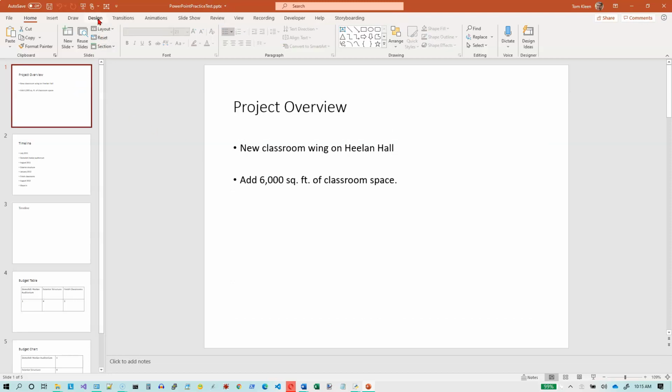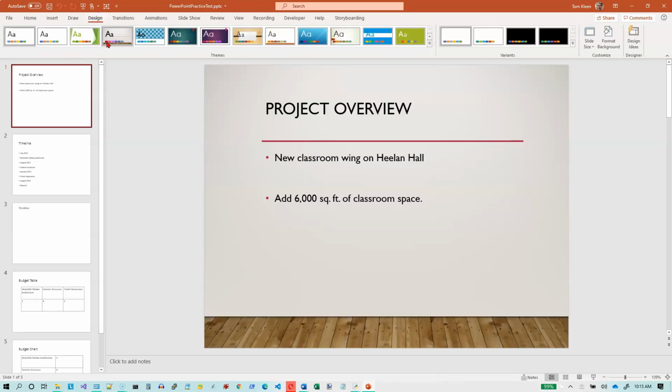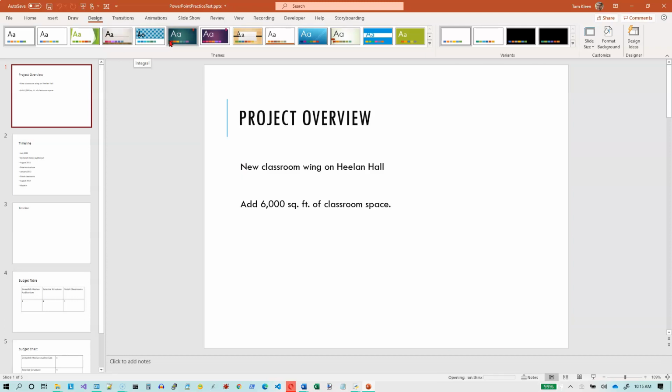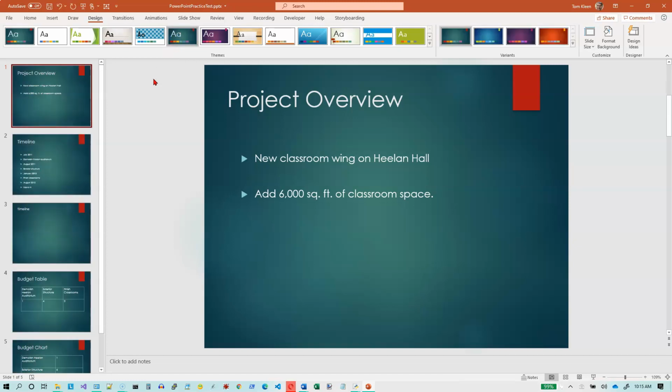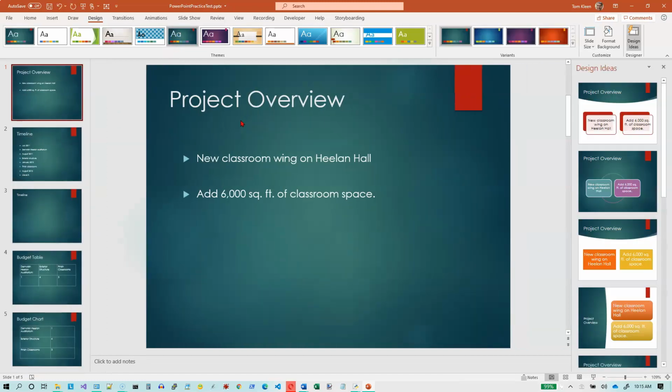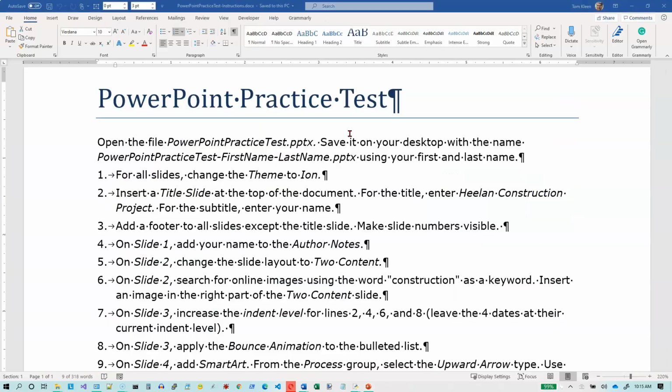Our themes are on the Design tab, and one of them is named Ion, and they're not labeled until you pause the mouse over it. And fortunately, Ion is one of the first ones. So that will select a theme, and all of our slides will have the green gradient background with this little red ribbon up here on the top right. And I'm not interested in PowerPoint's design ideas, so I'm going to close that window. And now,